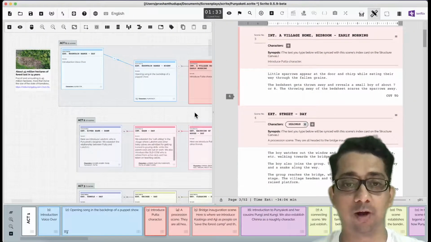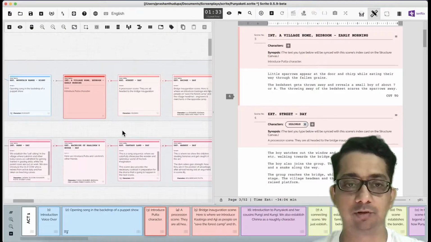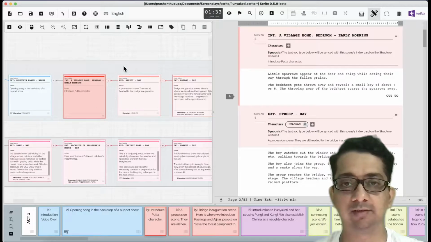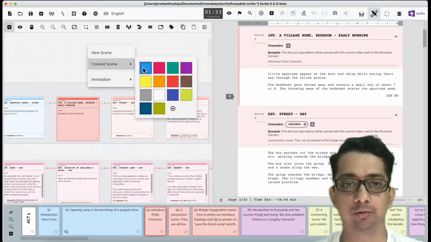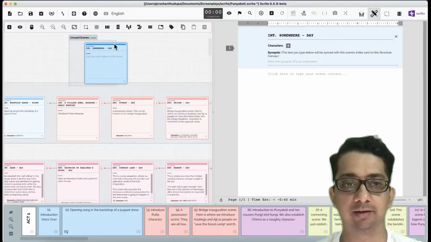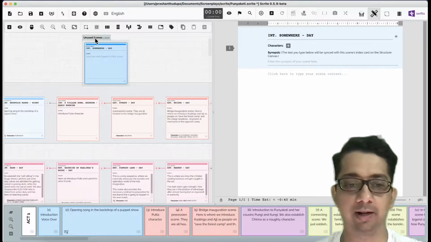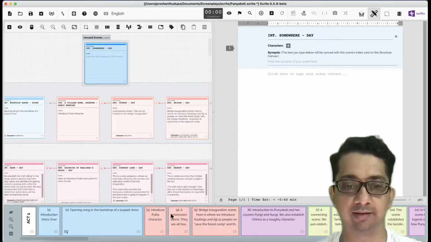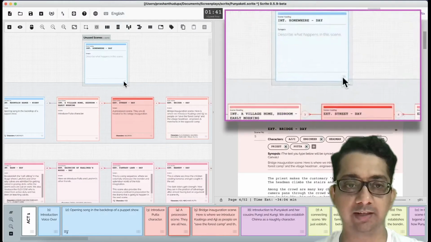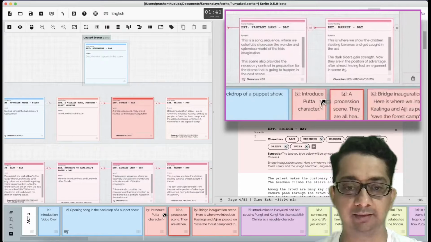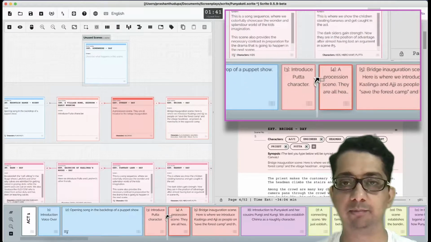What about drag and drop? Let's say I wanted to add a new scene in between these two scenes in the screenplay. So I can just go here, right click, create a new scene, place it here, and it says this is an unused scene, and I want to drag it in between these two existing scenes. So if I click on this, it lets me know what is the scene that we're talking about, right? So I can just go here and drag this particular scene so that it fits in between the two scenes